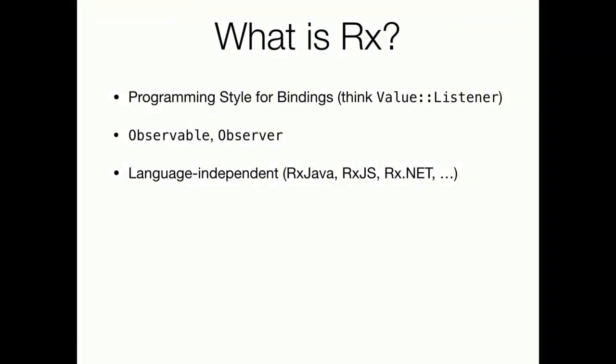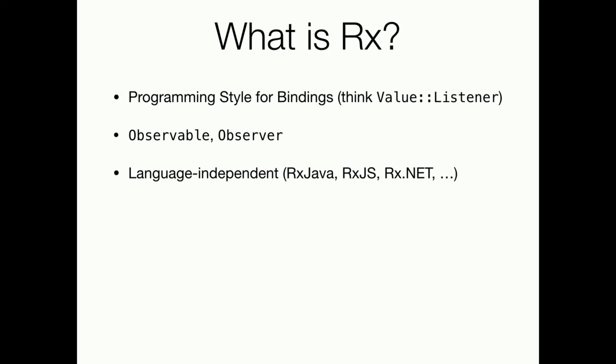So basically RX is a programming style for bindings between whatever you want. If you have worked with JUCE's value listener before, it's kind of similar to that, but has some advantages which I would like to show. And there's one main class in RX, it's called Observable, and the other one is called Observer. If that sounds like the observer pattern to you, then you're right on, because it's a solution to